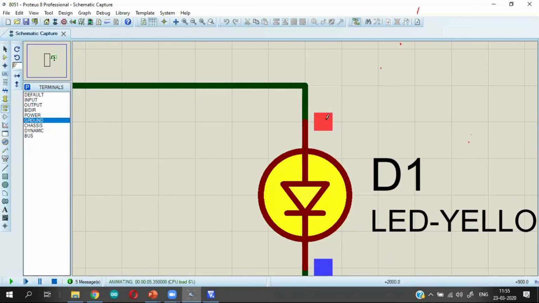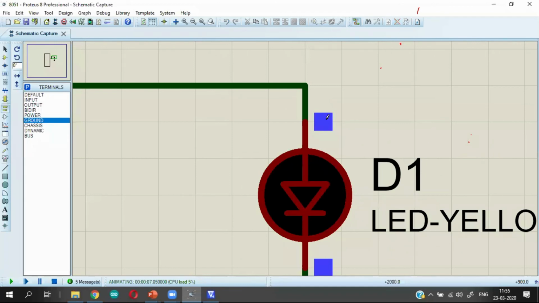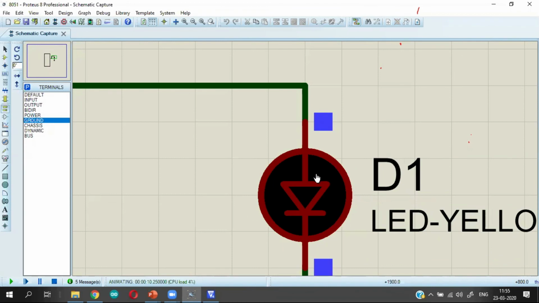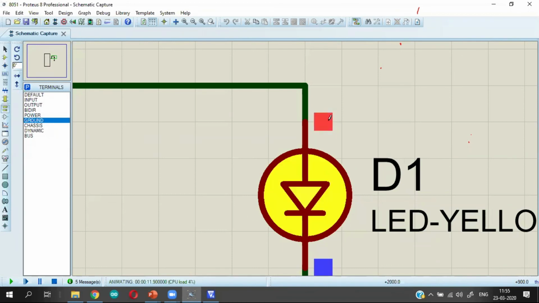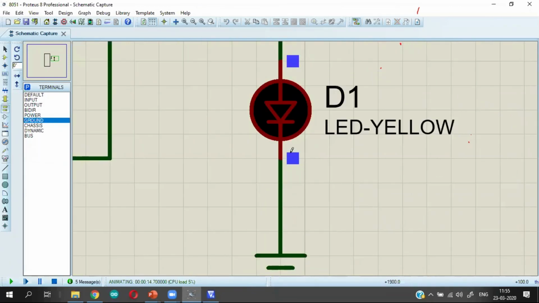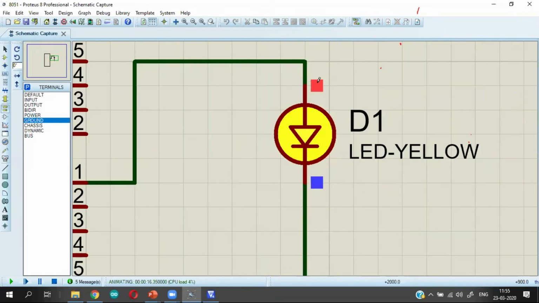Red is a 1, logical 1. Blue is a logical 0. So whenever it changes to 1, the LED turns on. Whenever it is changing to blue, it is already connected to blue. Blue means it is connected to 0 already. So whenever this becomes a red, the LED glows. Whenever this particular terminal becomes a blue, which is a 0, the LED goes off.